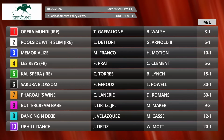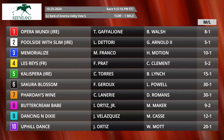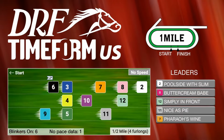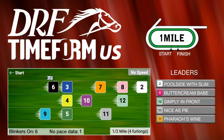Going this distance, Dan, really nice performance, 90 Beyer speed figure. Now she's the morning line favorite in a Grade 2. The problem with Le Ray is it seems like she needs a little bit of pace to attack. And as we take a look at the Timeform US pace projector, oh no, it's the gray bar, the dreaded no speed. Well, it's a big advantage if the 2 horse with Slim and the great Frankie Dettori decide to